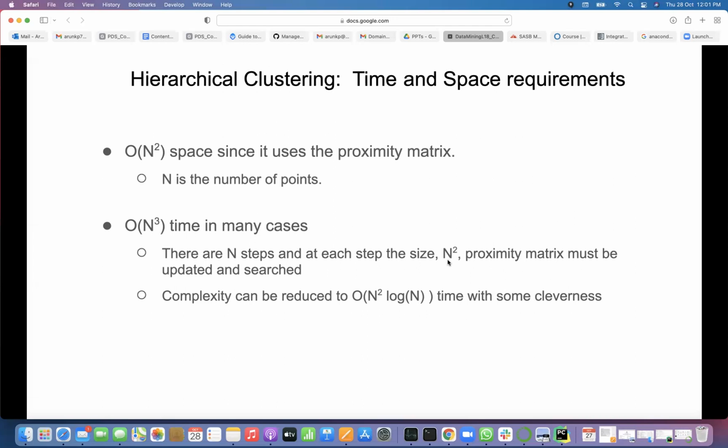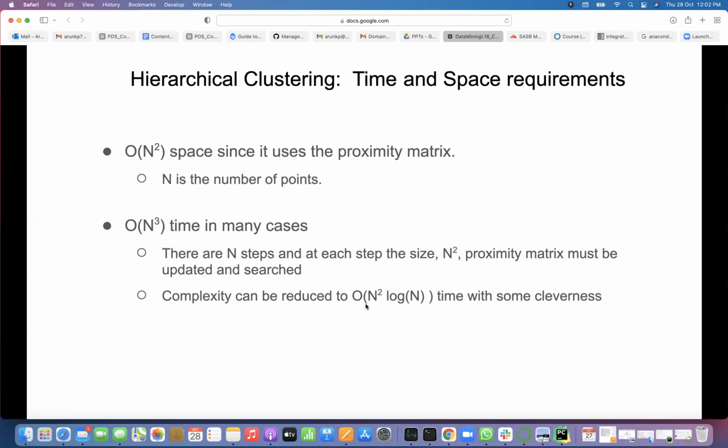Because you have n by 2. So n square by 4, you will have at least for half, means for n by 2 steps. So you get n cube by 8 at least minimum. I am removing it, whichever is less than n by 2. So here itself you are getting n cube complexity for all these things. N multiplied by n square. So in terms of the order, not exactly computing the absolute complexity, in terms of the complexity, it is n cube.